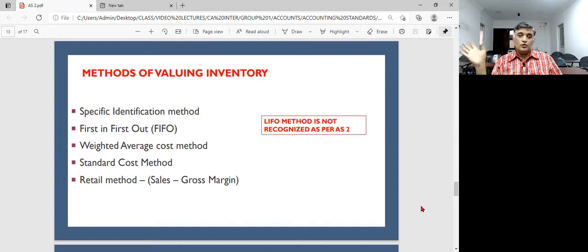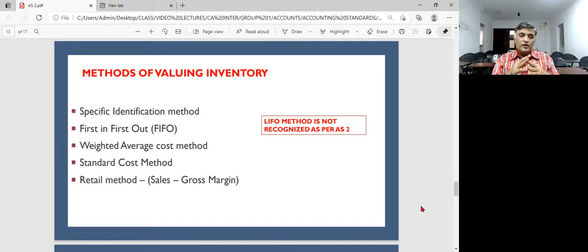People, you may issue the stock from the 11 rupee lot and then from the 10.5 rupee lot and then the 10 rupee lot, but you will go with the assumption that the 10 rupee lot is the first lot. So I'm assuming that only those units are getting consumed first. That is a FIFO method, right? One is the weighted average cost method. What is weighted average? Quantity into the price, and you try to arrive at a weighted average price. So the issue of materials into the production will be based on the weighted average price.